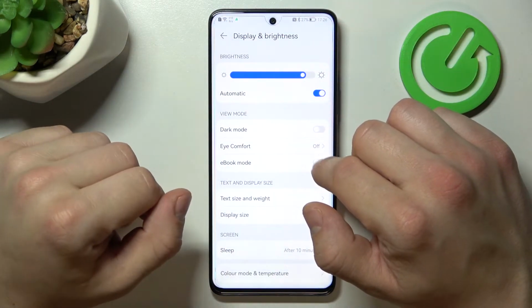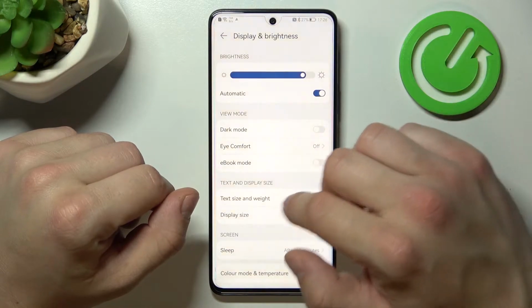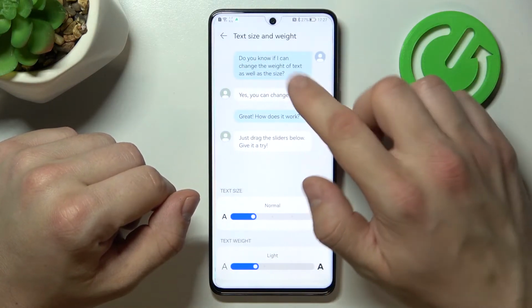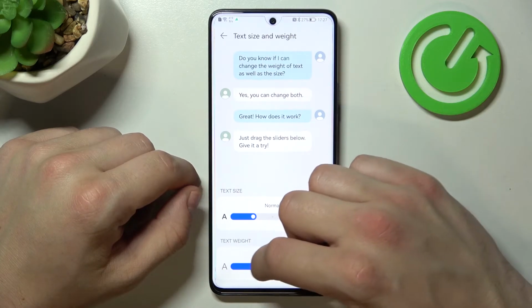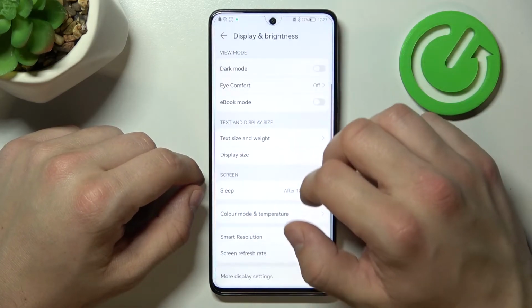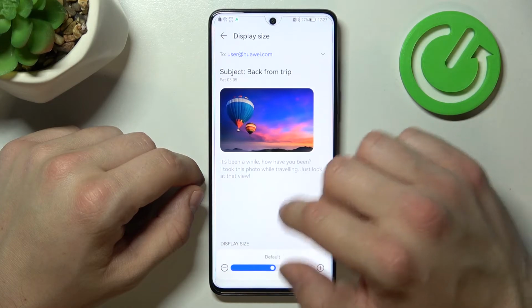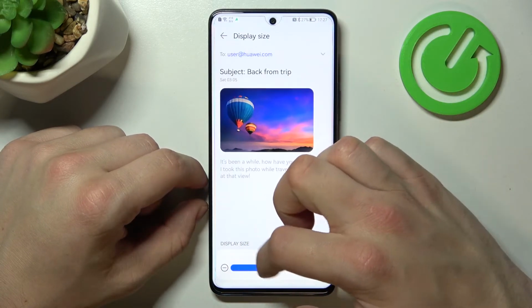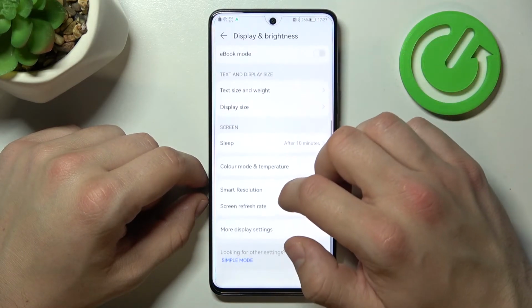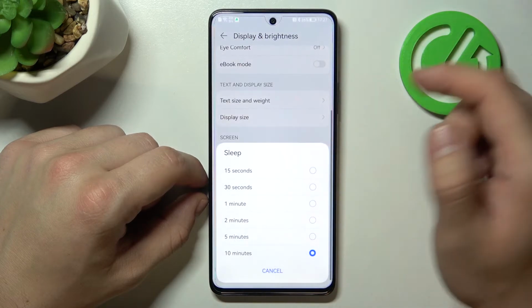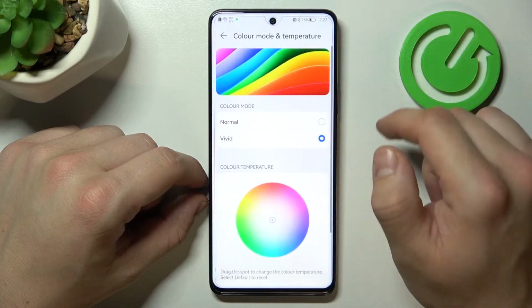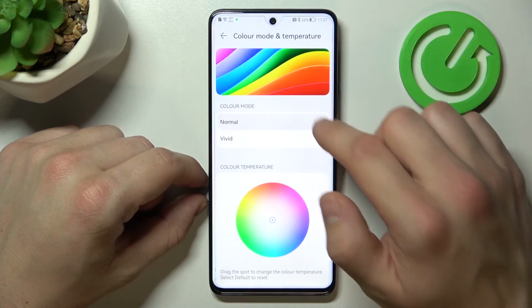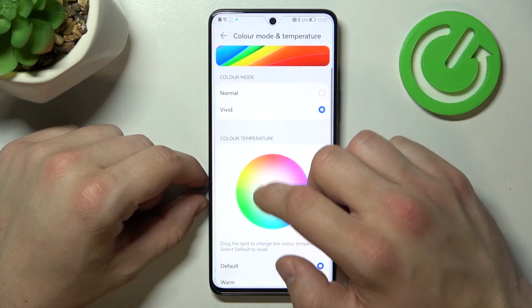Then we can turn on or off ebook mode, change text size and weight, display size, sleep time between 15 seconds and 10 minutes, manage color mode and temperature between normal, vivid and manual,